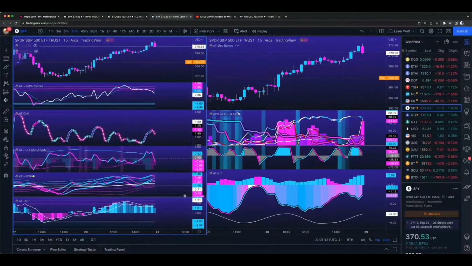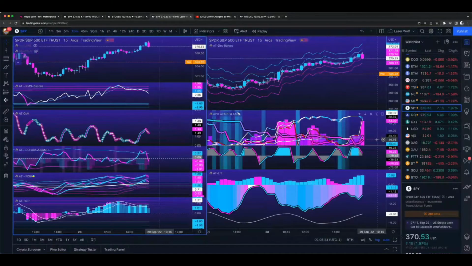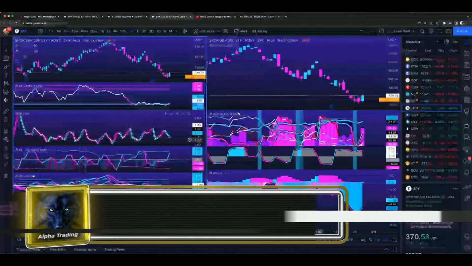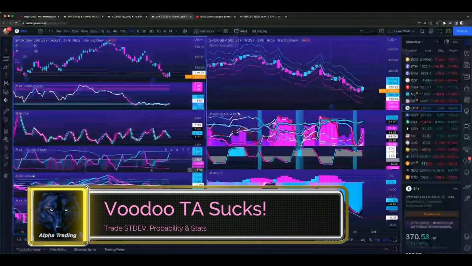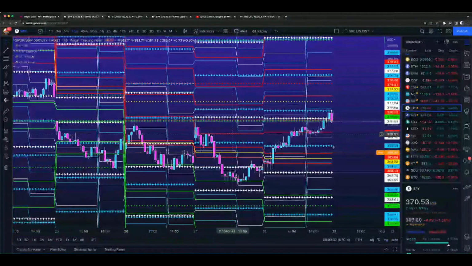The 15-minute Fishers are down. Volatility's expanding, negatively correlated, not even fully expanded. It'll be interesting to see how that first candle does up here. The predictor is still to the top side. Guarantee when this opens, it's going to flip. How'd the daily close? I mean, the higher time frames don't look bad, but I'm telling you right now, this thing's going to pull back a little bit. So if we go over to this VRE,